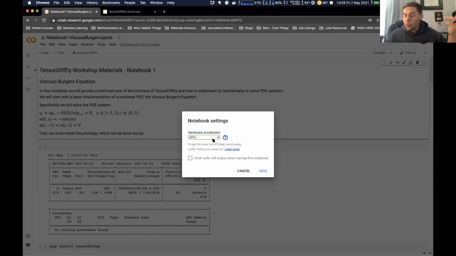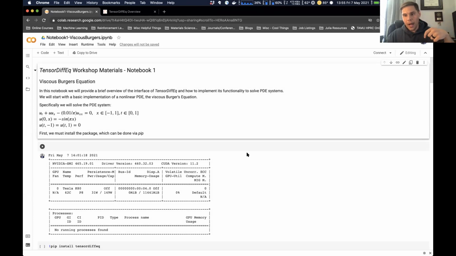So for the sake of this, we'll run it on a GPU environment, and then later we'll go back and change to CPU, and I will show you how the code has to change for a CPU. And I'll give you a little spoiler, the code doesn't have to change to run on CPU. That's one of the really unique and distinct features about TensorDiffEq, that since it's built on top of TensorFlow, it takes advantage of all the TensorFlow nuts and bolts, as I mentioned. And one of those is that there's no change to the code whatsoever